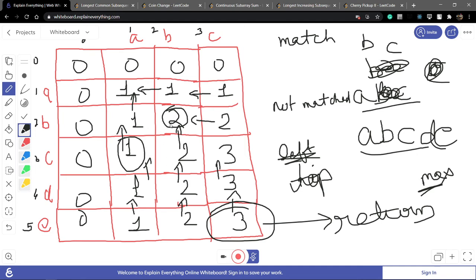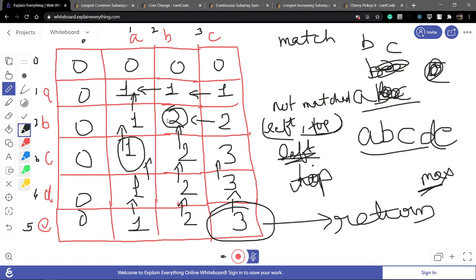Why? Because this is the maximum, and my final goal is the longest common subsequence. So the longest is the maximum. So if not matched, I take from the left and top, whichever is maximum, and I have to store it. But if they match, they do not come from this side or this side.